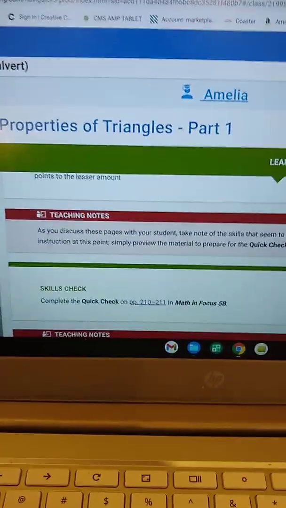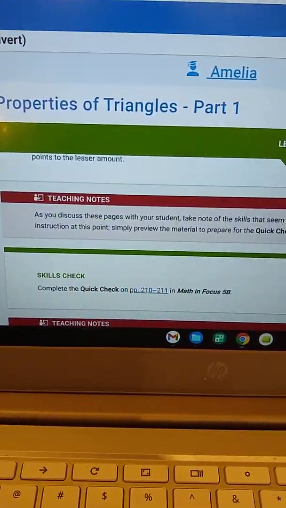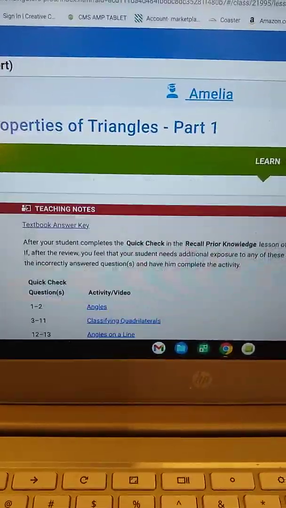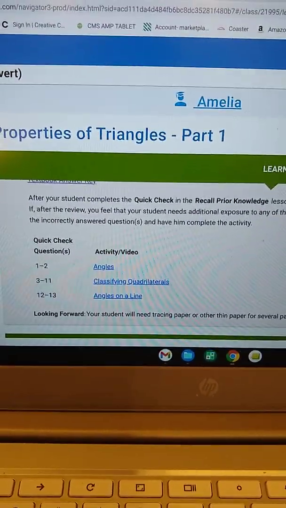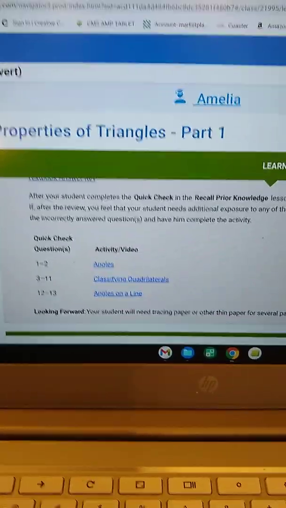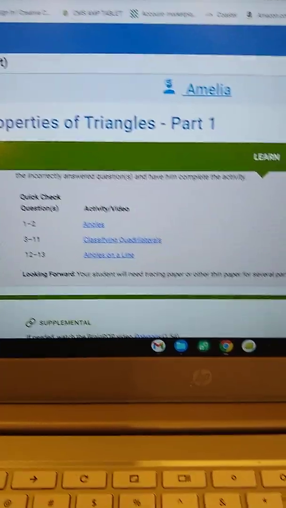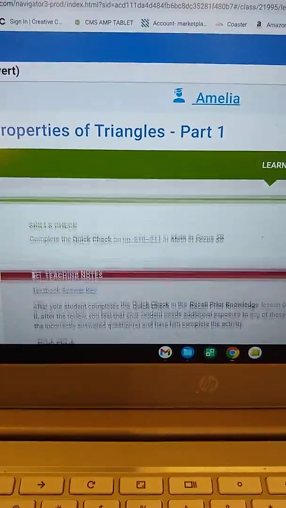Okay, Millie, the next part says that you should complete the quick check on page 210 and 211. What I just really love you to do today is just watch these videos, if you can. Angles, classifying quadrilaterals, and angles on a line. And then we're gonna work through page